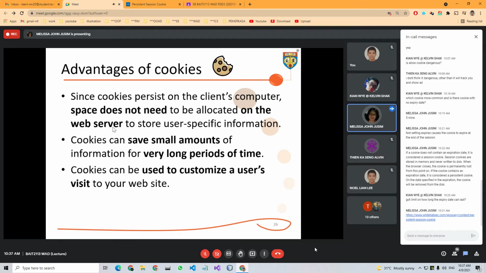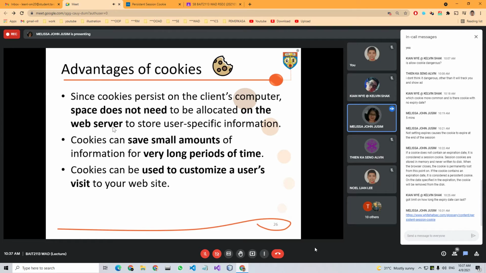Another advantage is that we can set these small amounts of information for a very long period of time, but I have yet to check whether we can store the cookies forever. Small amounts of information, like in the example we have: the username, the pet's name, and the favorite coffee. Based on this information, we use it to customize the user's visit.